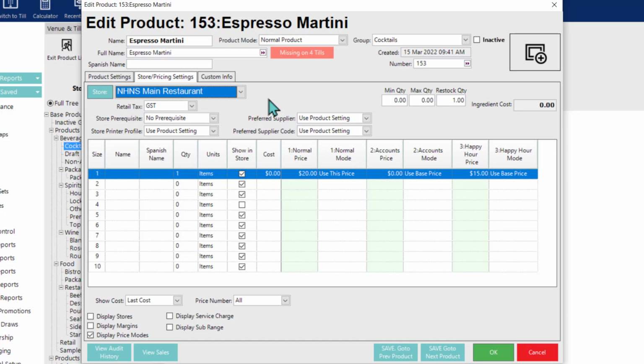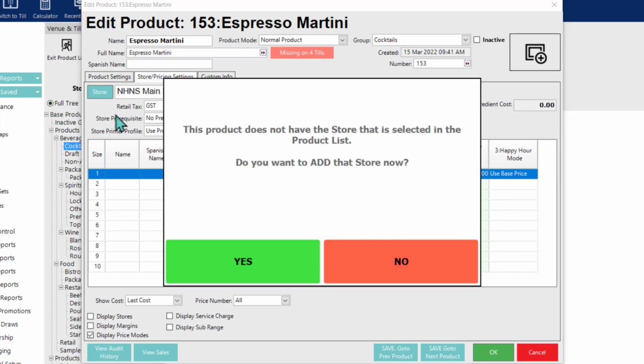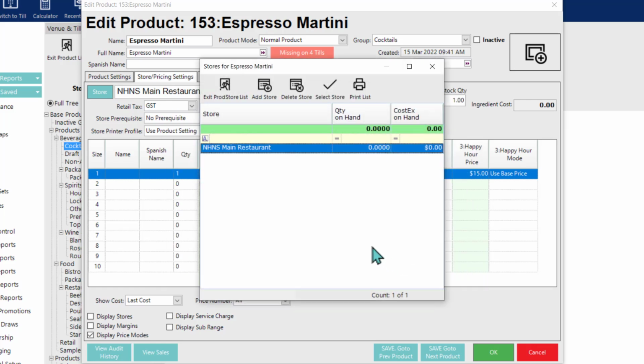So if we want to add this to other stores, we will just need to click the store button. Now, because the bulk beverage storage store is selected on the product list right now, it's active. The system recognizes that this product does not exist there, and it's going to prompt me and ask if we would like to add it to that store now. I will select no because we don't want to, but then that's going to take us to